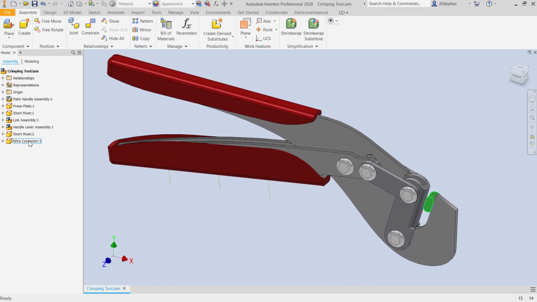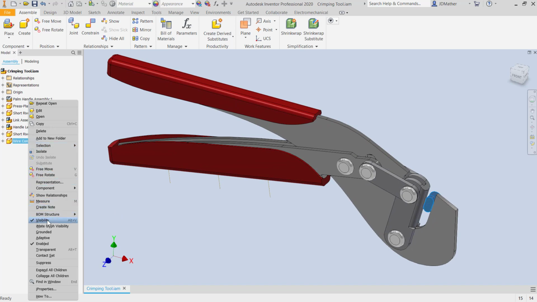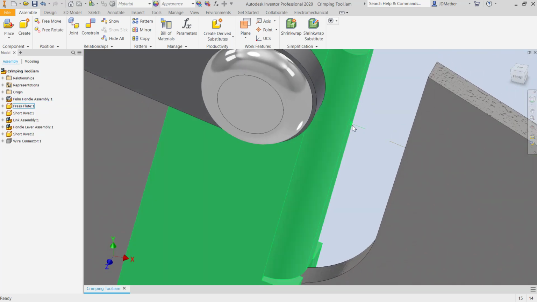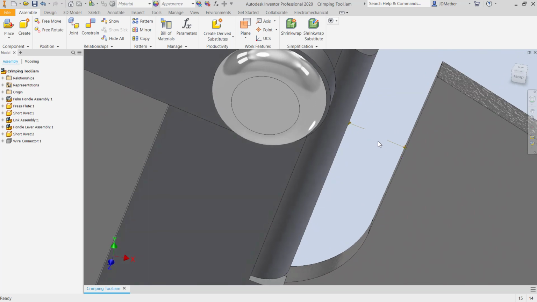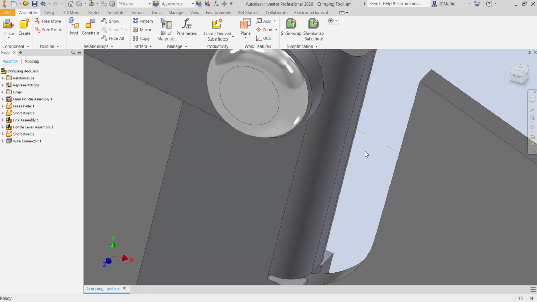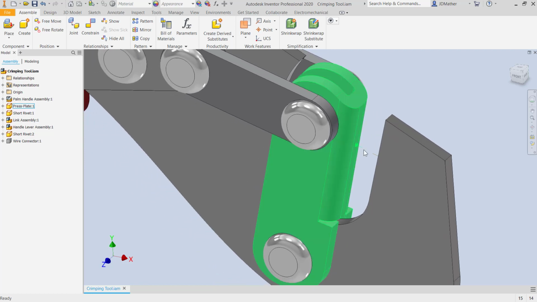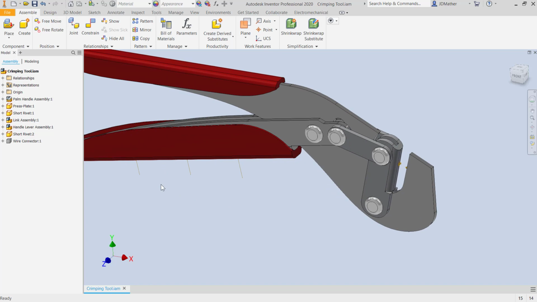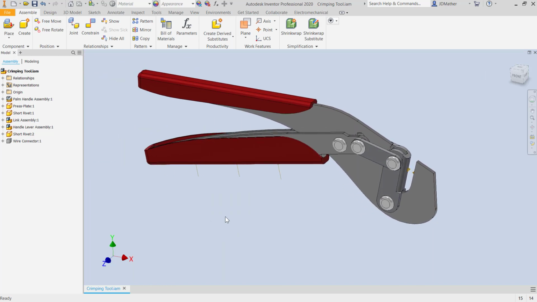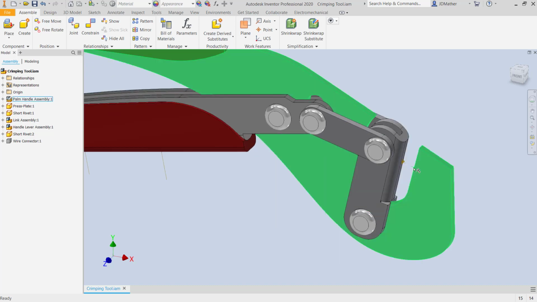So I'm going to turn off the visibility of the wire connector itself, and I'm going to say the ideal location for that is between this point and this point, and we may put some kind of geometry into the tool itself so that the operator can only put that wire into the ideal location. But that's where we're going to take our measurements from here to here, and then we're going to have an input either here or here or here to show how changing the location of our hand affects the output force